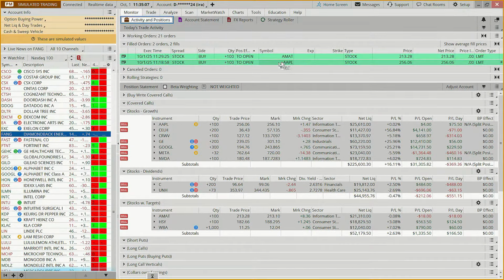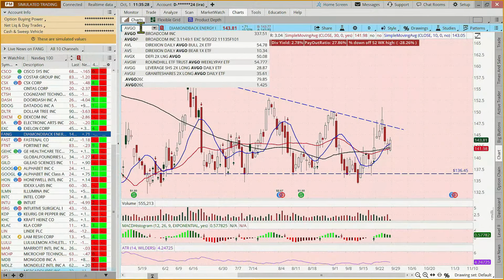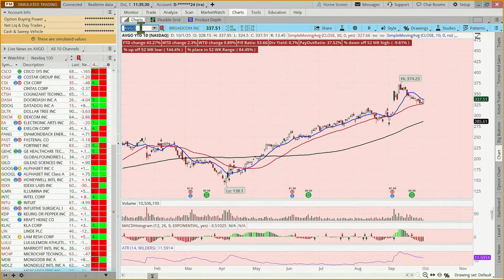Part of our being sponsored by the letter A today, we've now added a position on Apple. We've added a position on AMAT. I want to go and look at one where we did a buy-right covered call. The last one we're going to look at is AVGO. And you know, today's theme was let's add stocks to our portfolio. But this one is pretty pricey.